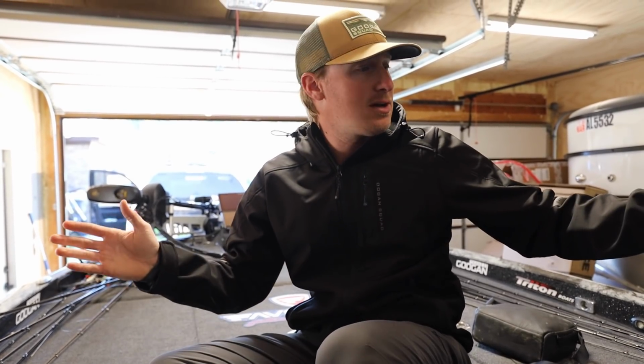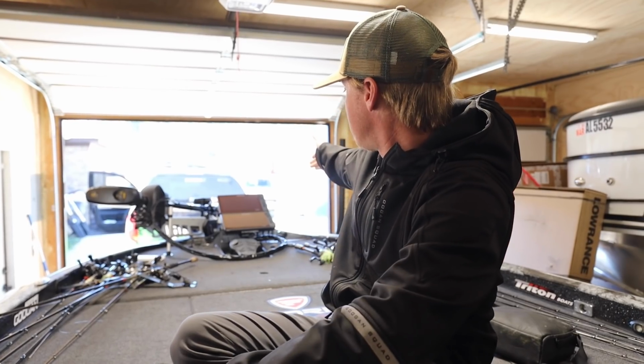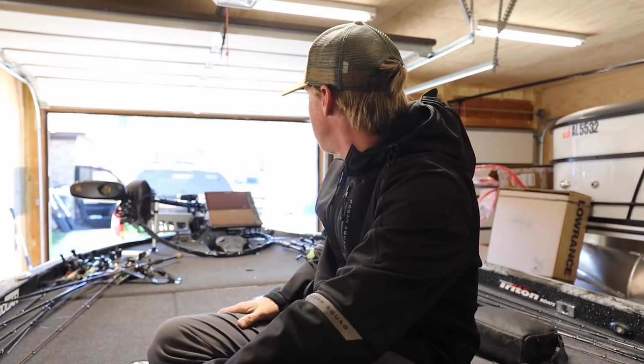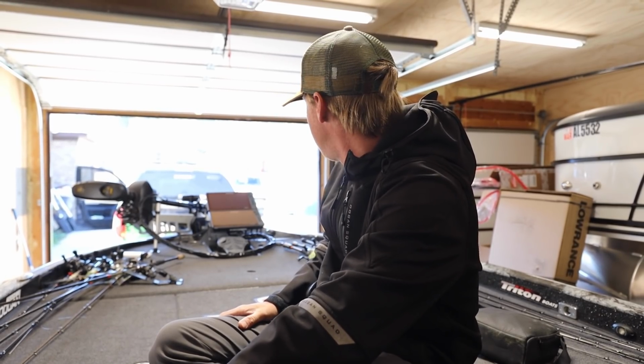The only difference I've done on this boat is I've actually just cleaned it up. I put one more 12-inch Lowrance on the front. I ran a 9 last year. I really liked it, but I got my hands on the 12. Figured we'd try it out. And I got a new trolling motor on here, but